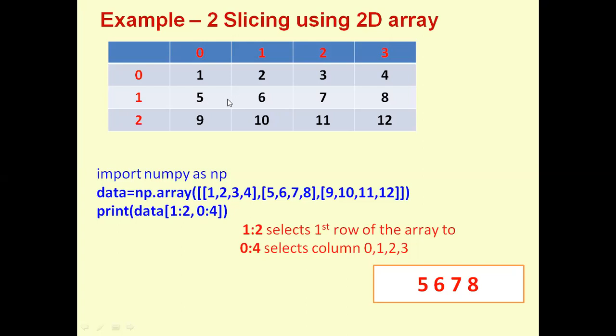What is the first? Here 5 6 7 8. So 5 6 7 8 will be retrieved from this 1. This is 1, 0, 1 from 1. Second array here comma 0 colon 5. If I change the value to 3, 2, from this only it will display the value. This is the array name, array index.